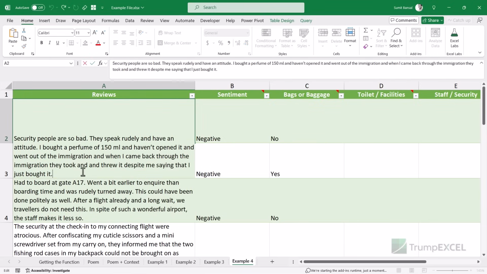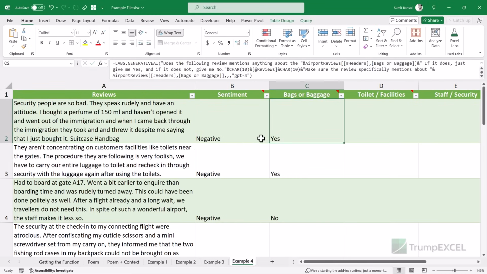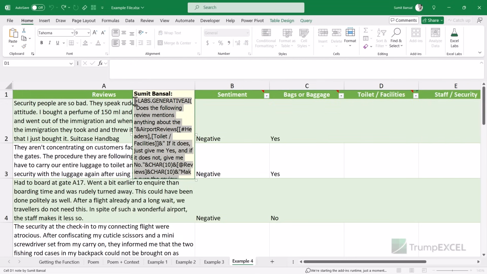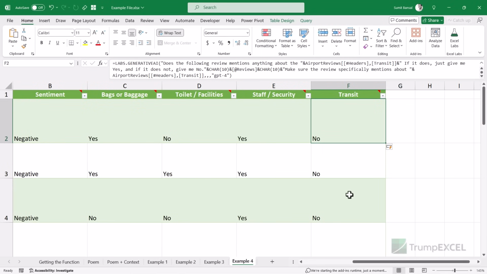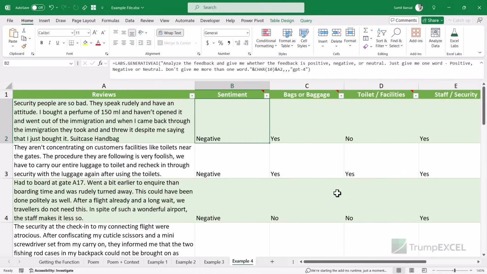I can maybe try this. So maybe I can come here and say suitcase, hand bag, and see if this becomes yes or no. And you can see this has become yes, which means that this actually mentions something about bags or baggage, despite the fact that I've not actually used the word bags or baggage. And similarly, you can apply the same thing for all these columns if you want. So let me quickly do this. And now you can see that quickly, with completely textual data, I have been able to create something using Labs.Generative AI